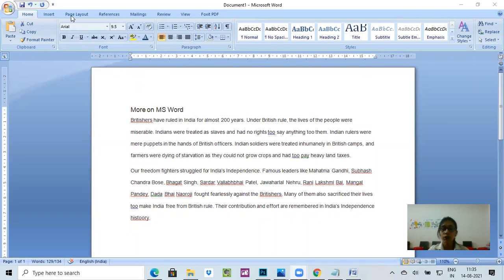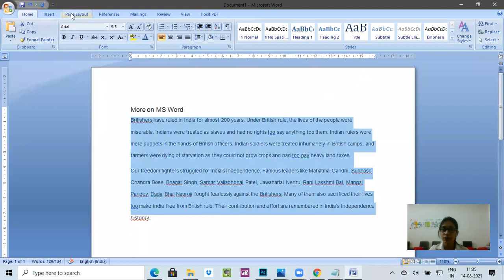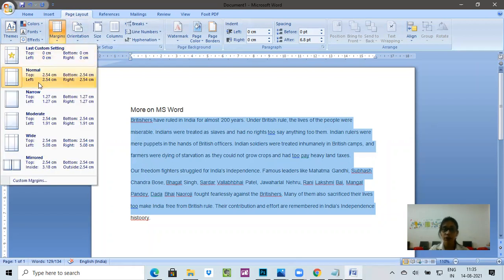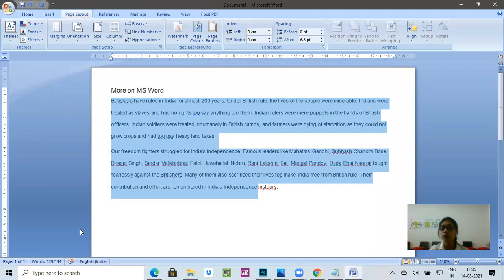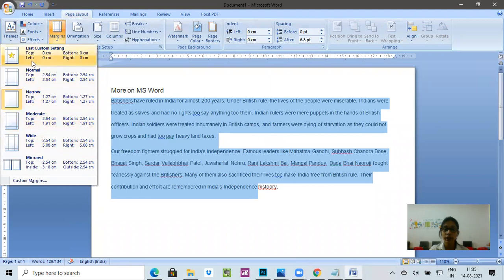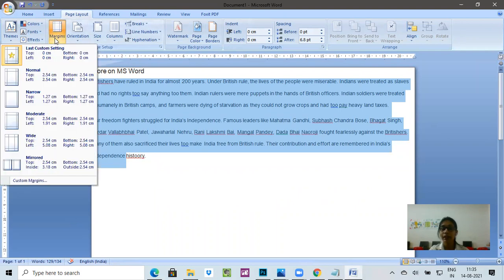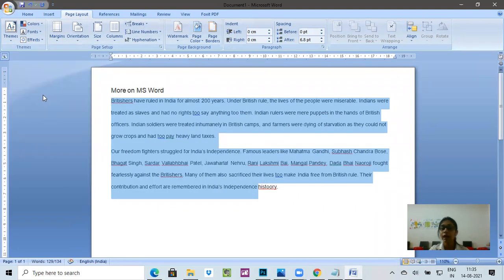What will we do? We will go to the page layout option. We will click on it and see, in it page setup is the group. I am telling you the group's name also as it is very important. Okay, page setup is the group. And in margins, you can click on narrow margins, normal margins, moderate margins. I would go for a narrow margin because I don't like to waste the page. Or even if I don't want a margin at all, then I can click. See, I have used each and every page, but it doesn't look good. So narrow is a better option, and I have reduced the space.